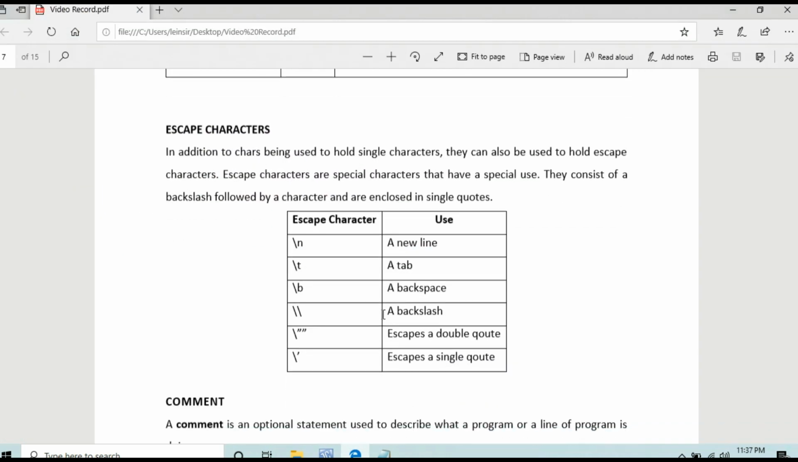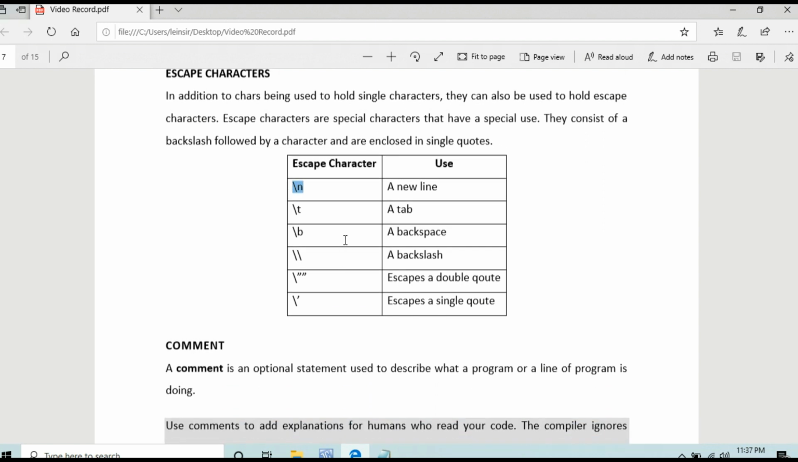So next we have escape characters. I already mentioned the use of \n in our first lesson. So \n is an escape character. These are special characters that have special use. They consist of a backslash followed by a character and are enclosed in quotes. So we have here backslash n for a new line,